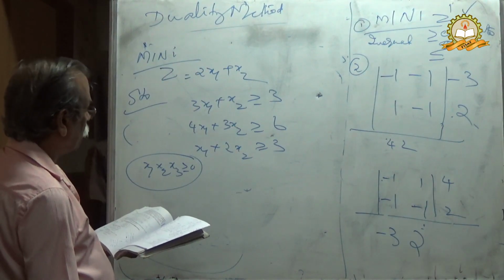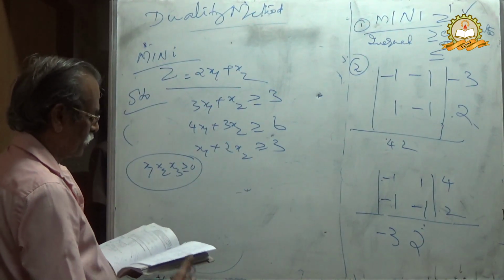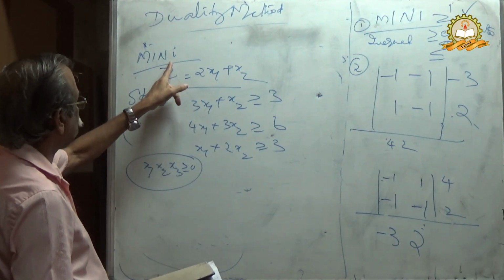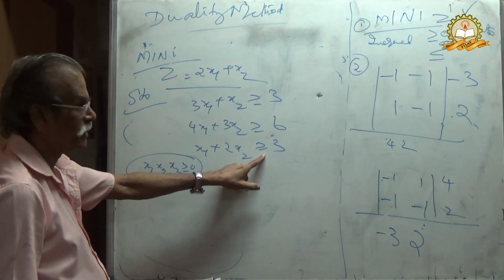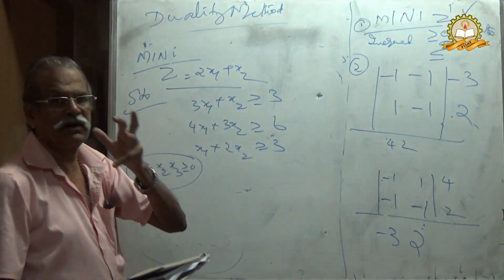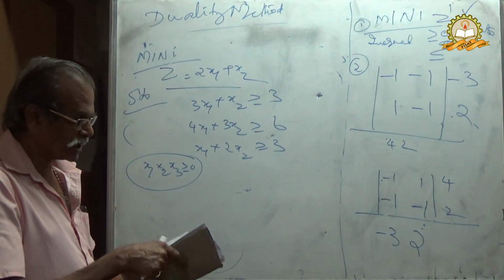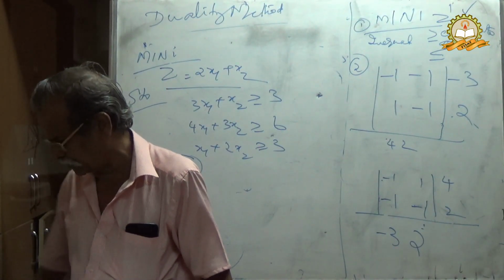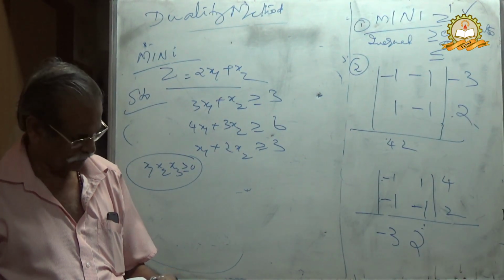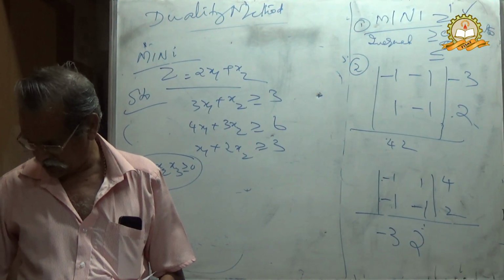3, 1, 3, 4, 3, 6, 1, 2, greater than. Minimize. Here you can see that minimize changes into maximization. Here minimization means greater than, greater than, greater than. Therefore, you can convert that into a matrix. Then you can have the z dash function, which will be maximum z dash equal to, etc. That solution I have already given you on a separate sheet of paper that you can study. They will say only by duality method.